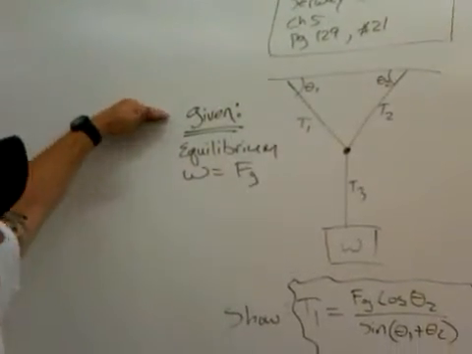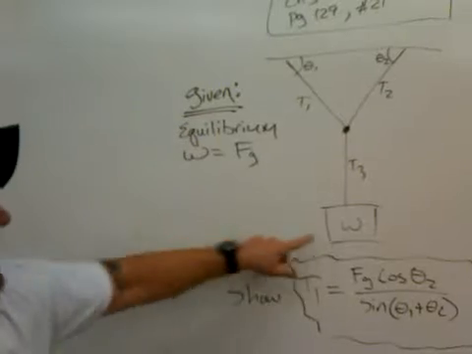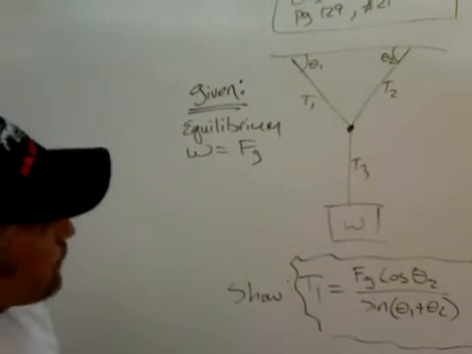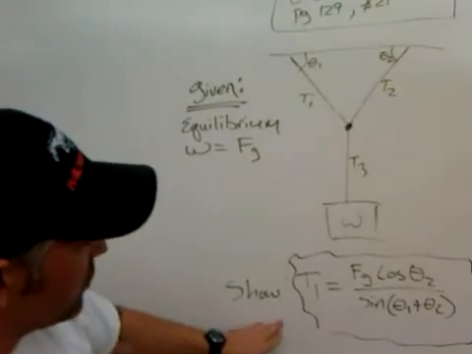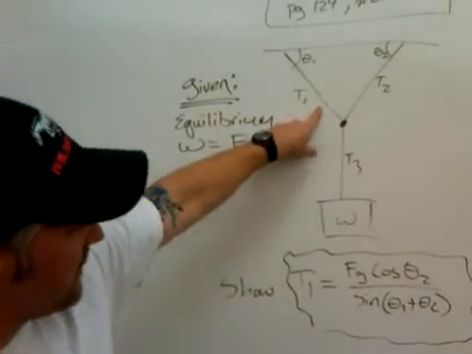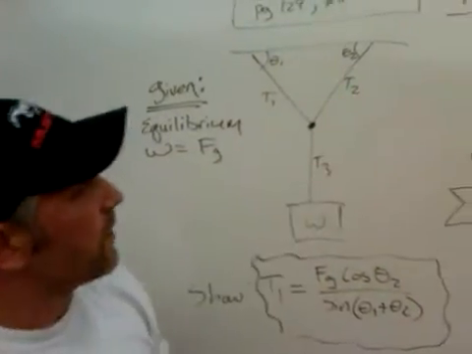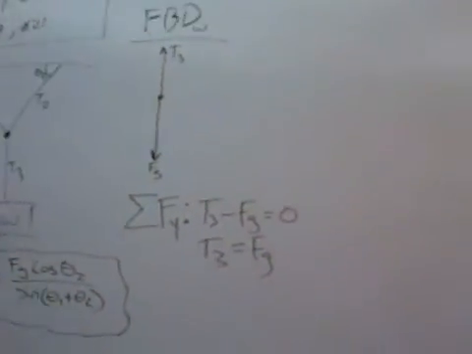The givens that we have is that the system is in equilibrium and that this weight hanging at the end is F sub g, or force of gravity. So what they want us to do is show that T1, the tension in this cable, is equal to this right here. So the first thing we're going to look at is a quick free body diagram of the weight